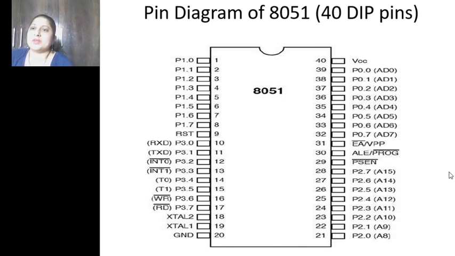So port 3 is not normally or maximum time used in 8051. Same rule we have to follow for port 0 and port 2. When we are using data lines and address lines, we cannot use the port 0 pins and we cannot use the port 2 pins as input output pins. Only port 1 is performing only one function. The maximum time to perform the input output function, port 1, that is P1, is used as an input output port, that is a bidirectional port.